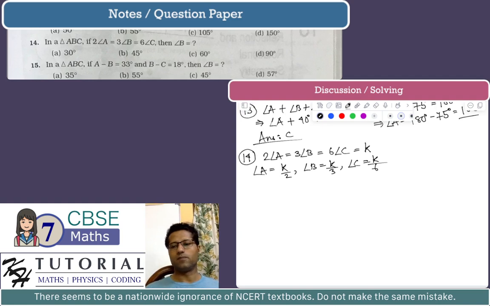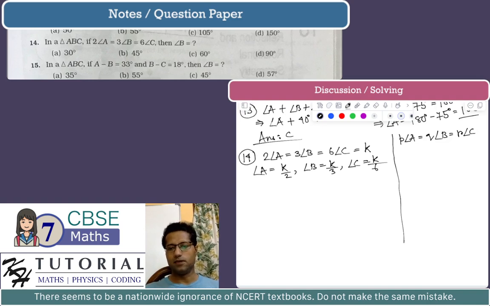So for this kind of problem, I discussed in the concepts to theory series of videos on the chapter properties of triangles, where if this kind of equality is given, let's say this is a side note, if you are given that P times angle A is equal to Q times angle B is equal to R times angle C, where P, Q, R are some non-zero numbers, are some positive numbers,